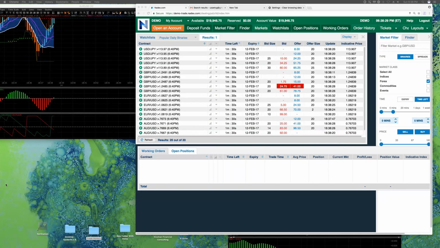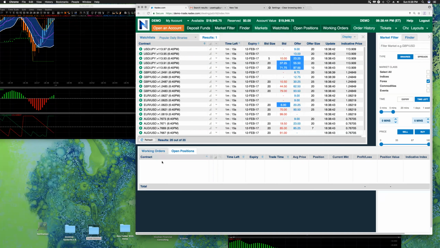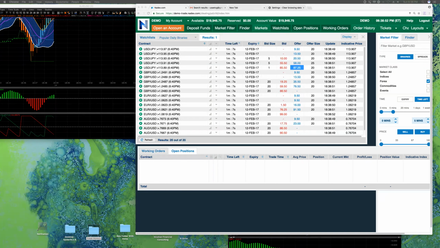If I'm opening a ticket in order to exit, if I'm clicking on a ticket in the open position box, then blue equals 99. If I click on a ticket in the open position box to exit, and I see a red or sell, red equals 1. And I think that kind of automates